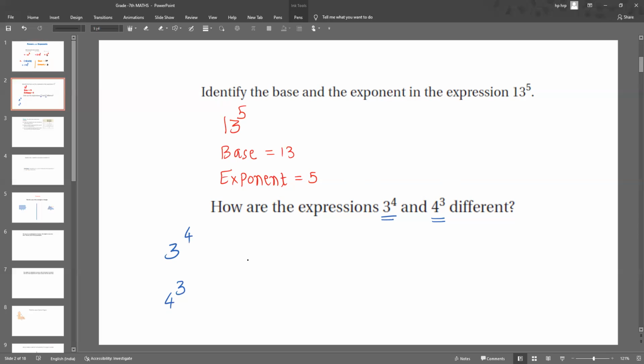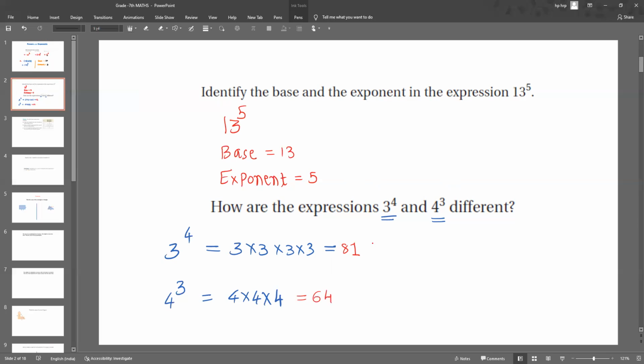They're different because 3 raised to 4 is 3 times 3 times 3 times 3, and 4 raised to 3 is 4 times 4 times 4. So this one is 3 raised to 4. That means 4 threes can be multiplied, and here 4 raised to 3 we can also say 4 cube, so 3 fours can be multiplied. If we find the final answer of this one, 3 threes are 9, 9 threes are 27, 27 threes are 81 we get.